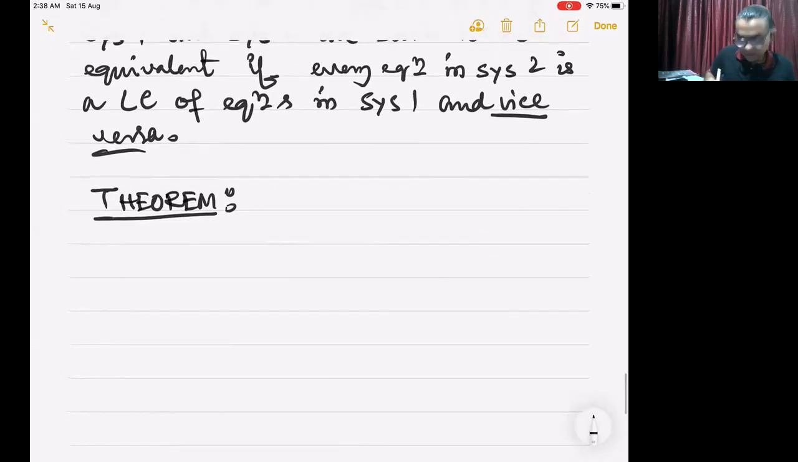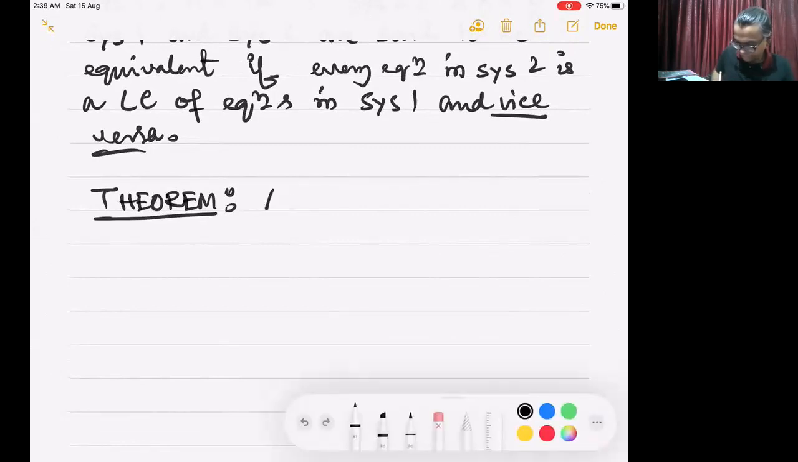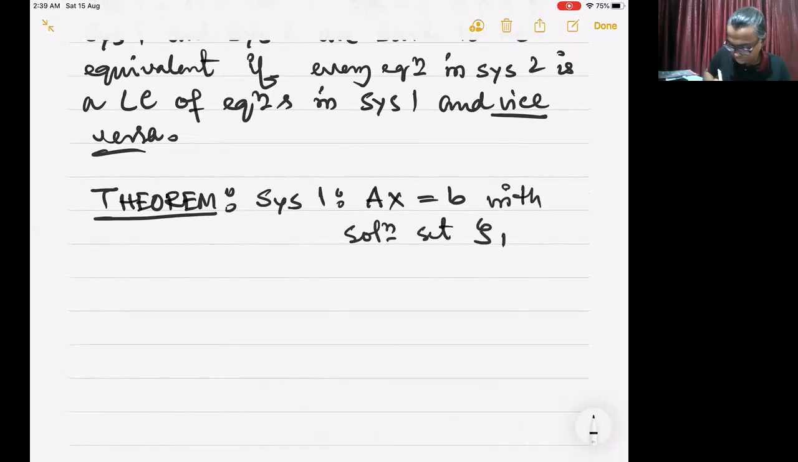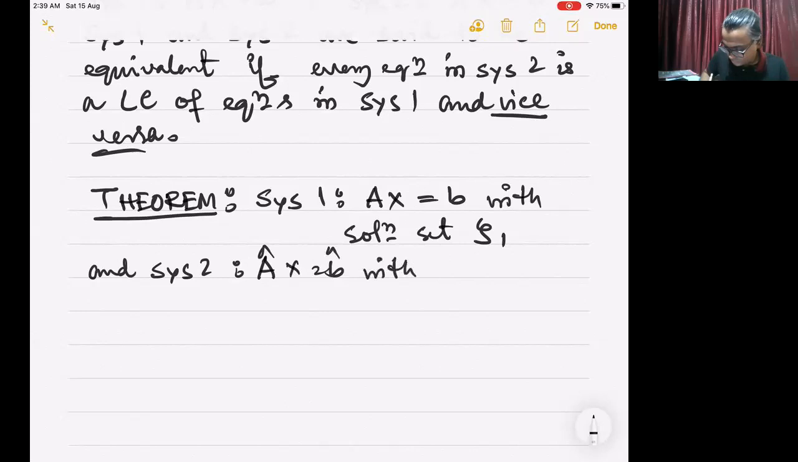Okay, theorem. Very intuitive, very interesting statement. Theorem. Let me write it down properly. System 1, AX equal to B with solution set S1, and system 2, A hat X equals B hat with solution set S2,